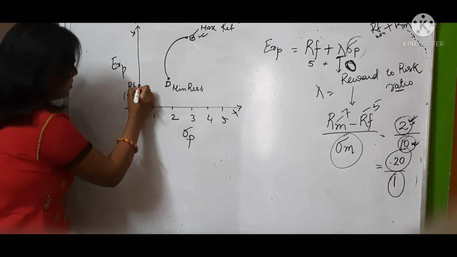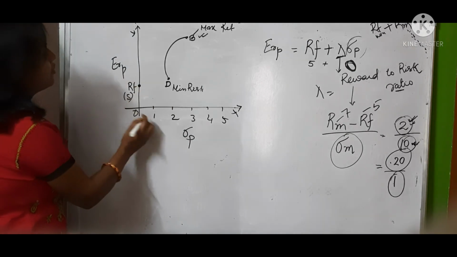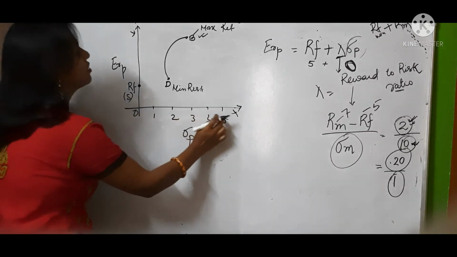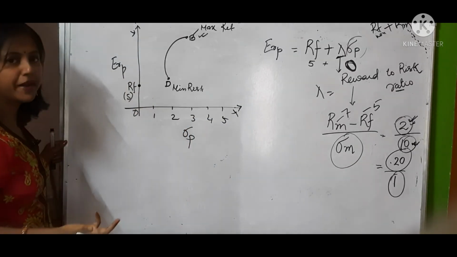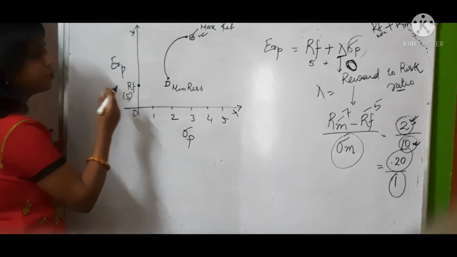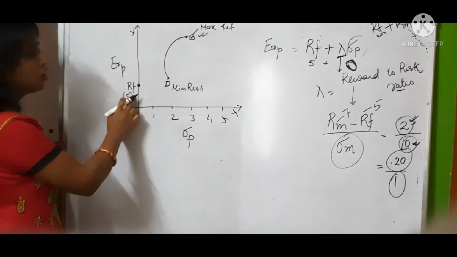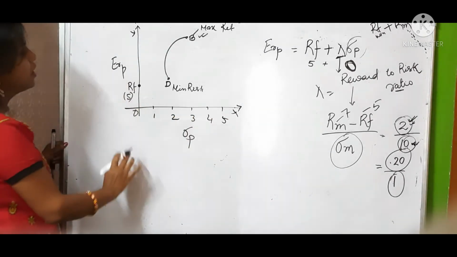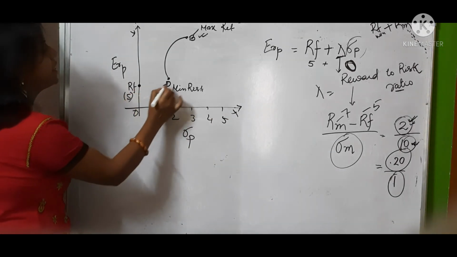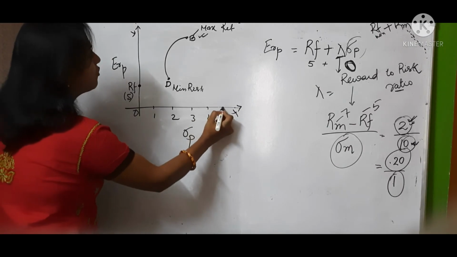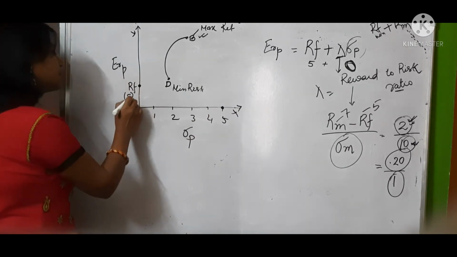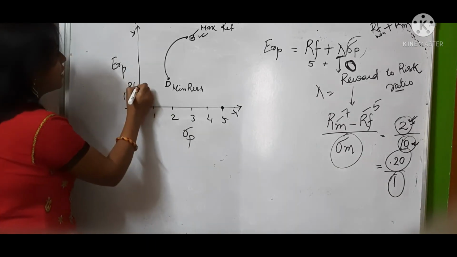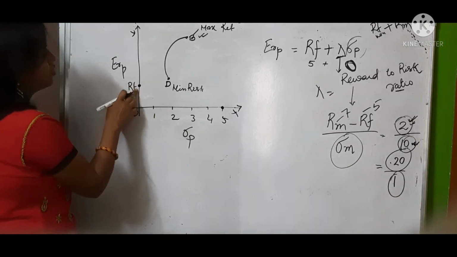Now suppose this is 5. The risk free return of 5 will remain 5 irrespective of this risk. Why? Because it does not depend on risk. The risk free return of 5 rupees depends on other factors but not on the risk, because it is risk free. So it will remain constant for any amount of risk. If you talk about 5 standard deviation risk, the risk free return will be 5 only. It is not affected by the amount of risk. So it will start from a fixed point. Suppose it is 5 rupees.